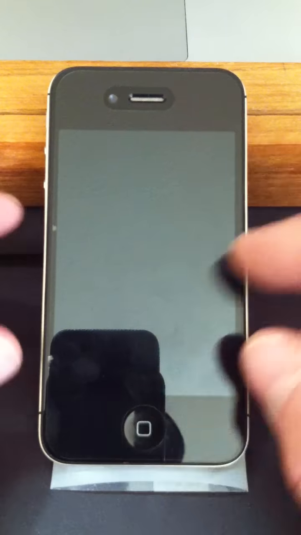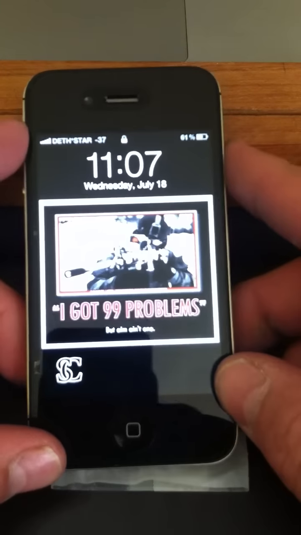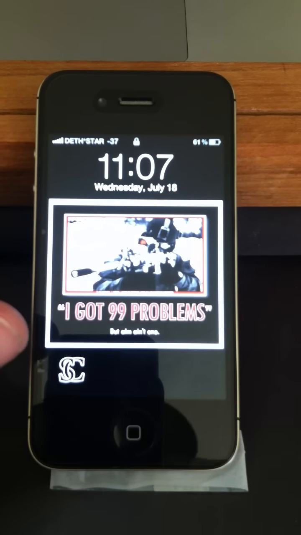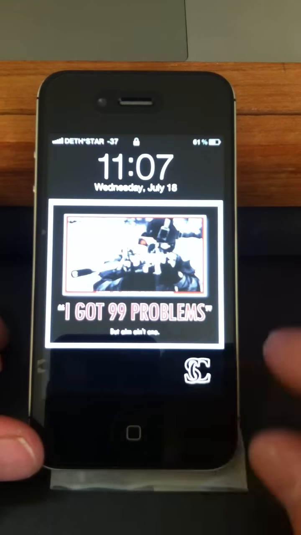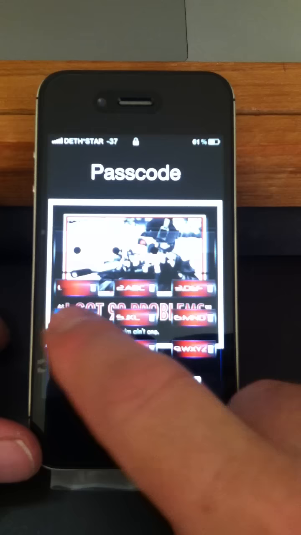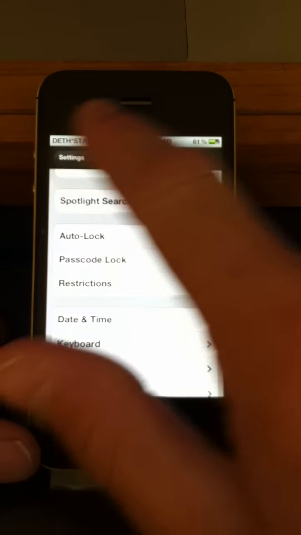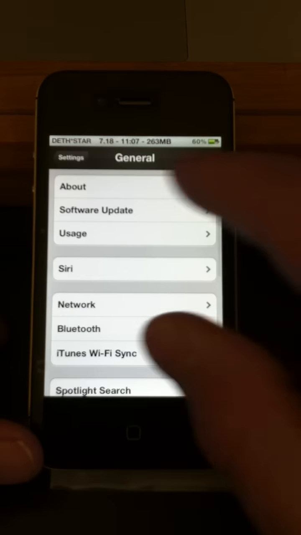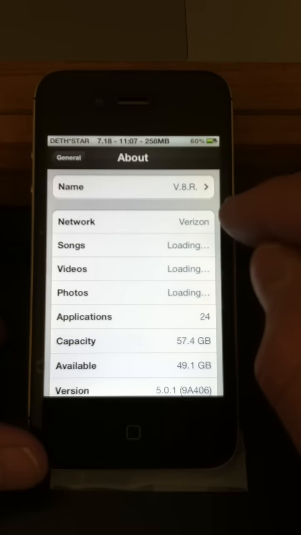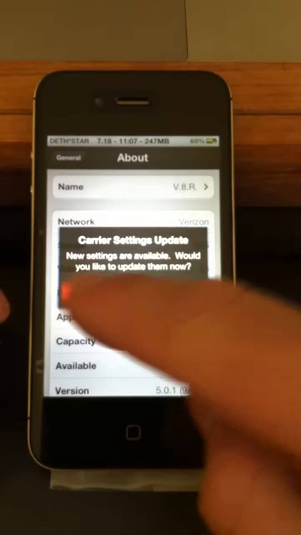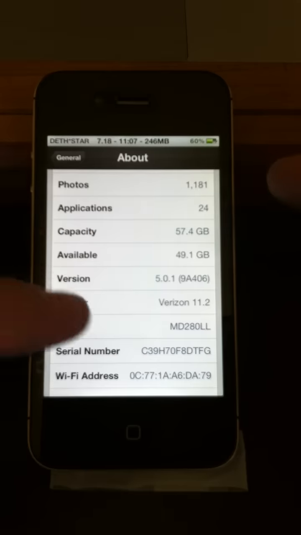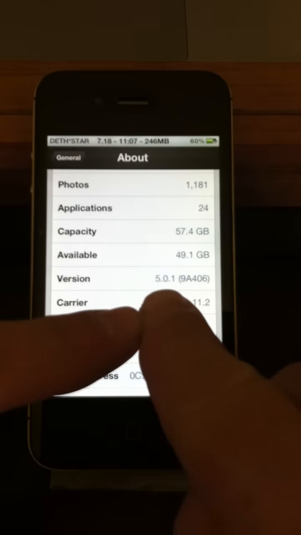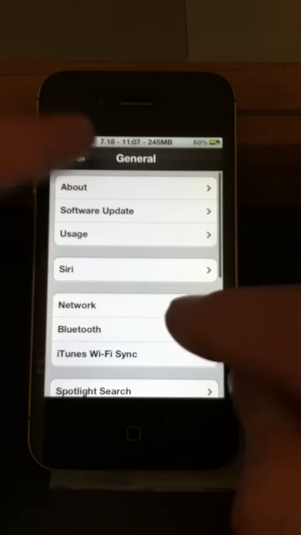I have an iPhone 4S and I am running 5.0.1. Let's go ahead and get in. Let it go to the info about. This is what I'm running here. See, 5.0.1. Okay,